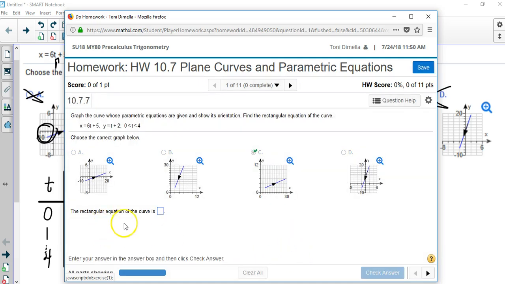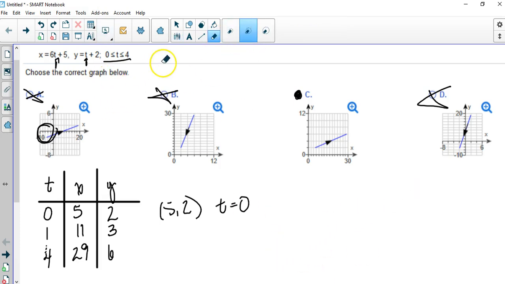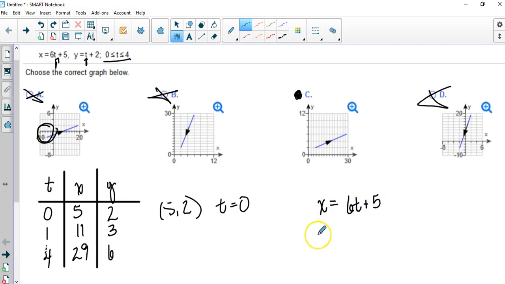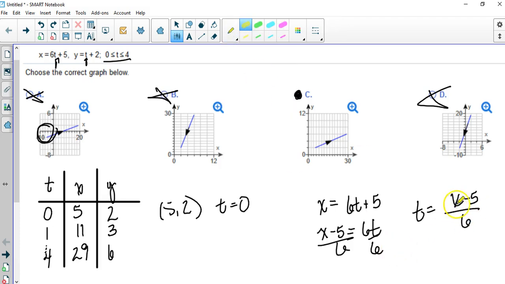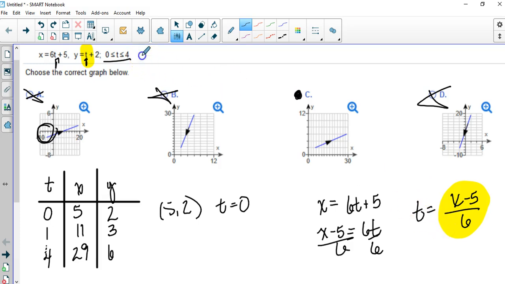part of this question is, and that is to talk about what is the rectangular equation of this curve. If you didn't want to talk about x and y separately, and you just wanted regular f of x, what would you do? Well, if x is equal to 6t plus 5, I can subtract a 5 and divide by the 6 so that I get t is equal to x minus 5 all over 6. And if that's the case, I can take what t is equal to and kick this t out and put this in instead, so that the